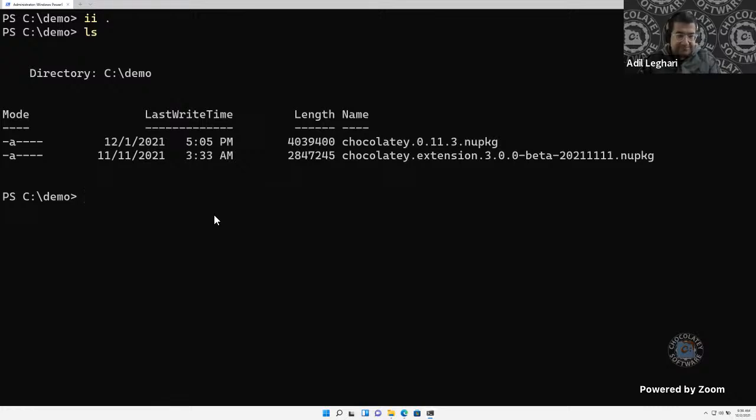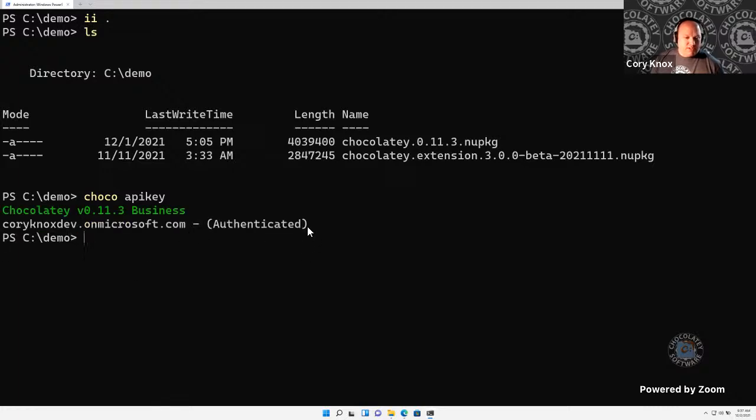Yeah. Perfect. Okay, so I've downloaded Chocolatey and the Chocolatey extension, because we'll need those to upload, and I've already enabled the feature commands, so I can run choco convert, as well as set the API key and the default Intune tenant that needs to be set. I set those earlier because those have secrets in them, so I obviously don't want to show them on screen. But if I just run choco apikey, you can see that I've got one for my